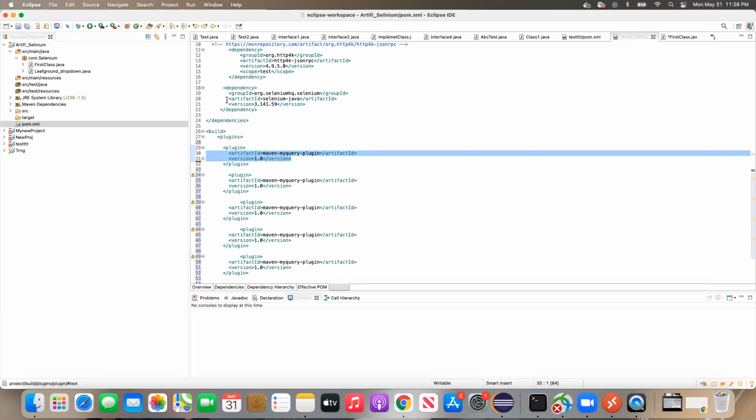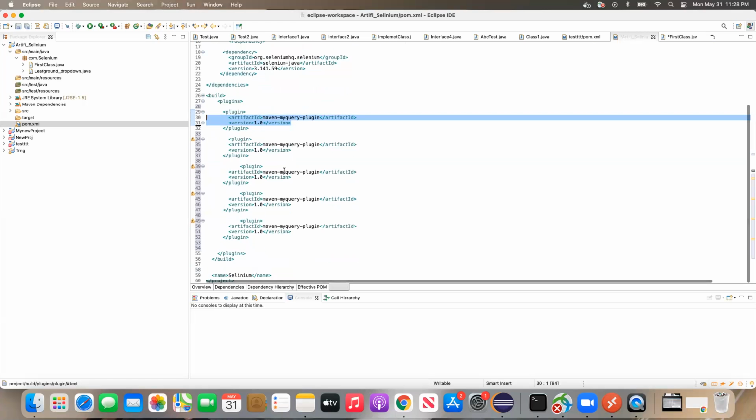I understand. You are saying a dependency is a jar and a plugin is also a jar. Then why are there two names? Why is one called a dependency and the other a plugin? What is the difference here? A dependency works across the whole project from start to end, and a plugin works only when triggered.